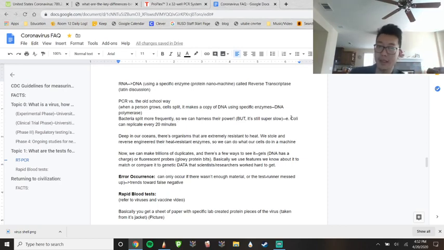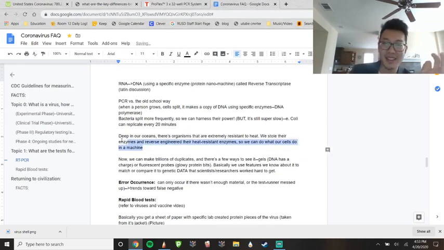So it's pretty fast, but still kind of slow, because we need a little over 500 million DNA strands for us to actually physically see the markers that we attach onto it. So how do we get that much? Well, back then we just had to grow it for weeks. But 20-something years ago, deep in our oceans, there were organisms that are extremely resistant to heat. We stole their enzymes,